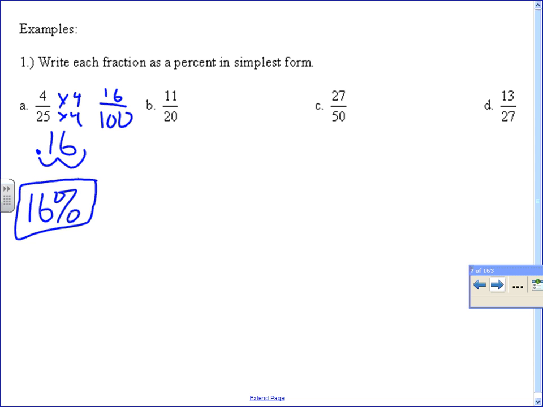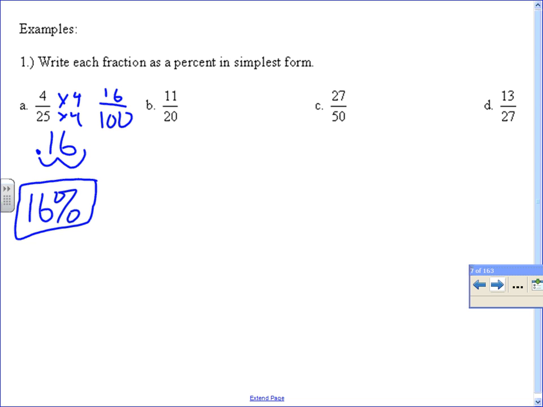Yeah. Correct. And guys, if you didn't know that, this was Justin's strategy. If you typed on your calculator, you actually don't even need parentheses. If you just type in your calculator 4 divided by 25, it gives you 0.16. Give me a head nod. Did you guys know you could do that? Okay, and then when you get 0.16, you move the decimal to the right 2 places, and that gets you